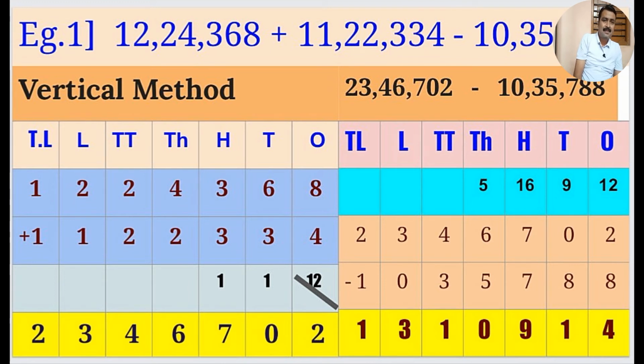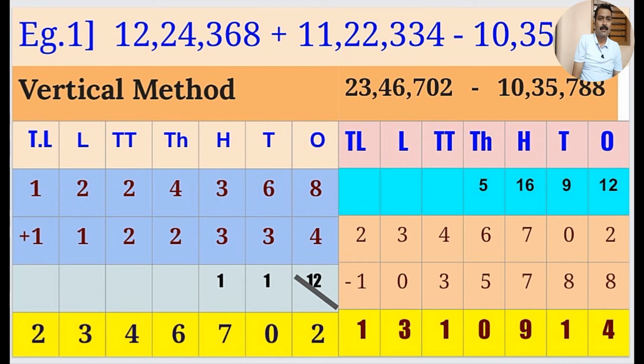Now instead of 7, there is remaining 6 here. Why 6? Because the one carry from that 7 we actually took in the ones place. So 6 minus 7 at the 100 place, it is not possible. To continue that subtraction, we take one carry from the next 6 at the 1000 place. So at the 100 place, we got a 2-digit number as 16. So from that 16, let's subtract 7. So 16 minus 7, we got the answer as 9 there.